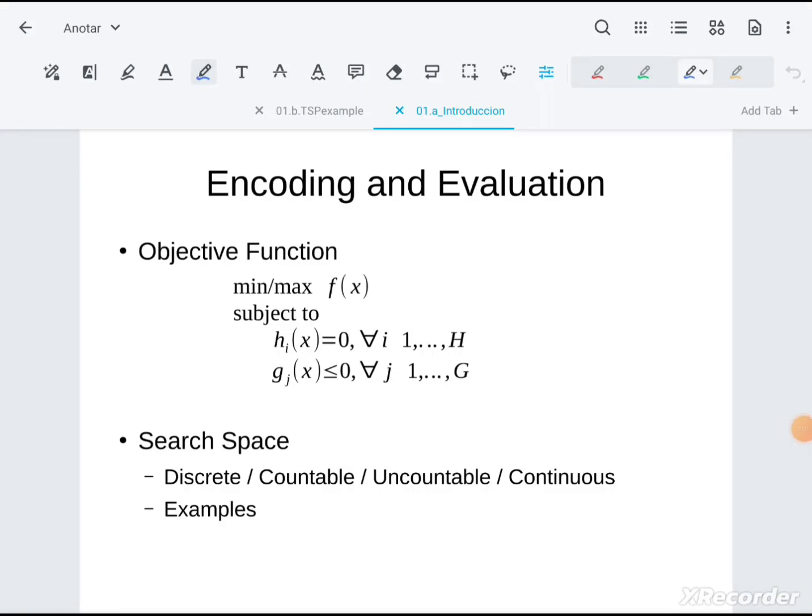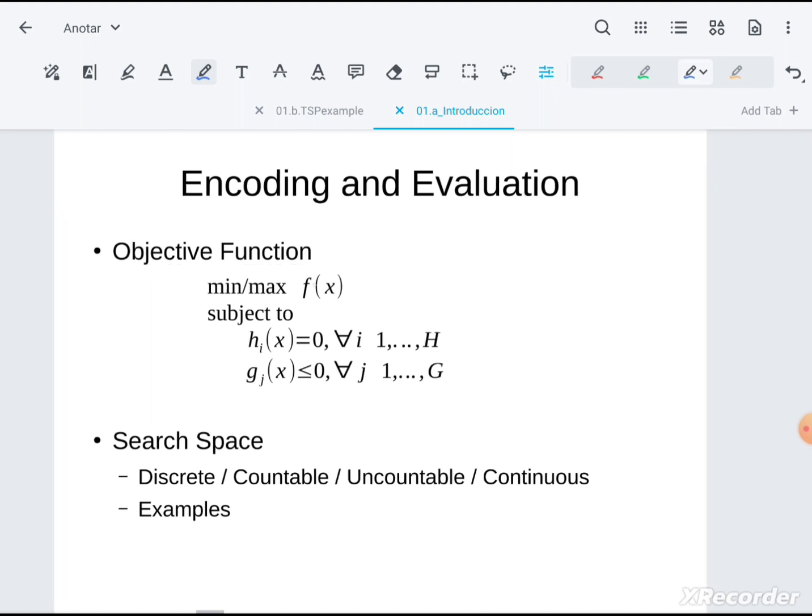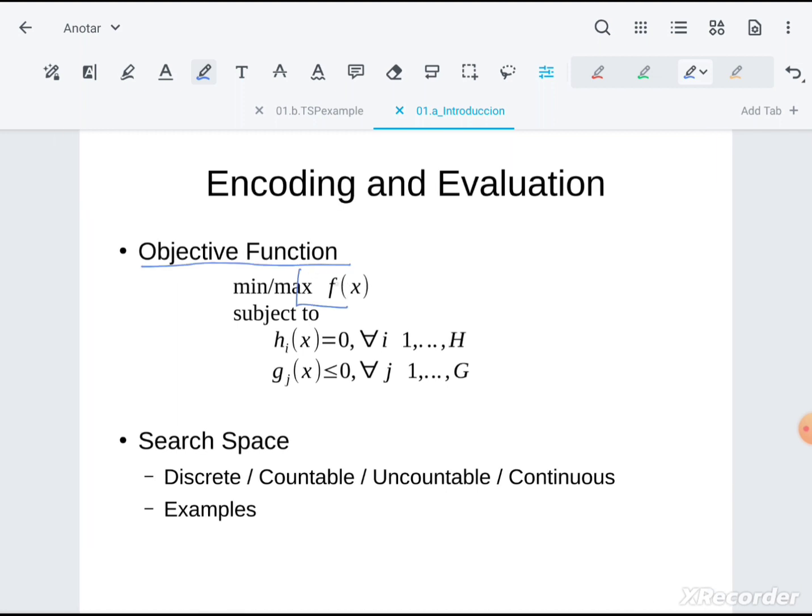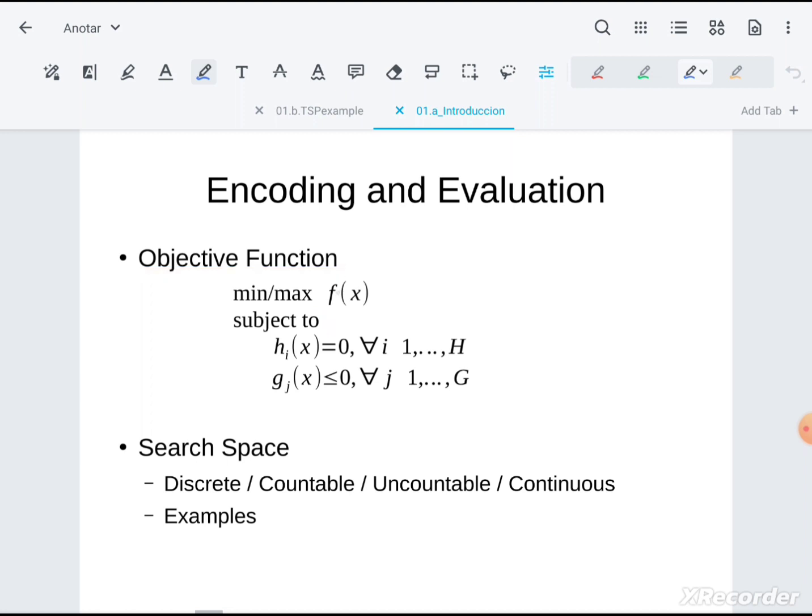In any case, whichever problem we are addressing or dealing with, we have to be able to encode different potential solutions to our problem, and we have to be able to evaluate them. In all the cases, the objective function would be a function like this one,